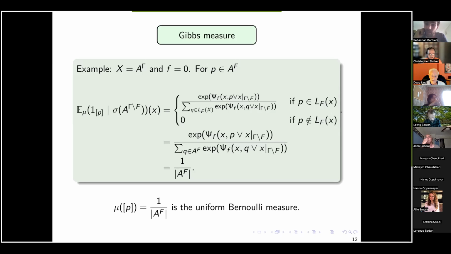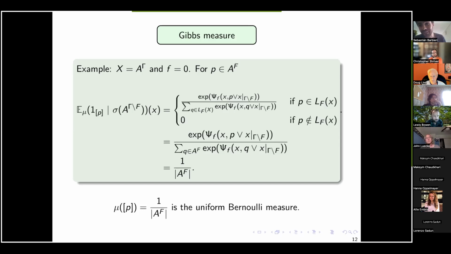Yes. I mentioned local functions, but actually I'm going to be considering functions which are not local later on. So they might depend on all coordinates of X at once. Right. But presumably the variation goes down a lot. Yeah. I'm going to ask for either some variation or some very strong decay condition. For most of this talk, we could think that F just depends on a finite number of coordinates, just to make the argument simpler. All right, so that's going to be a Gibbs measure for me.